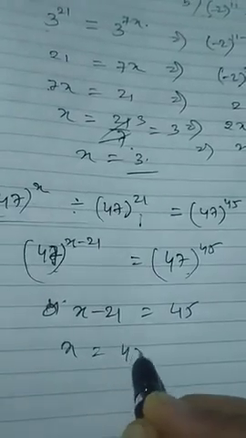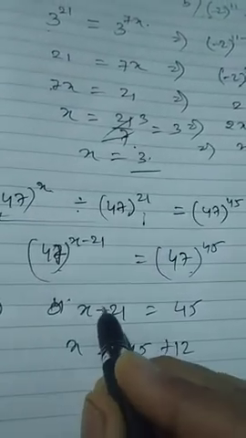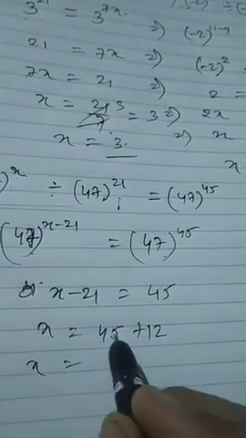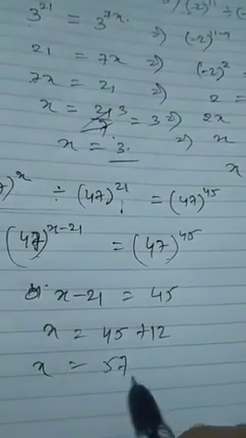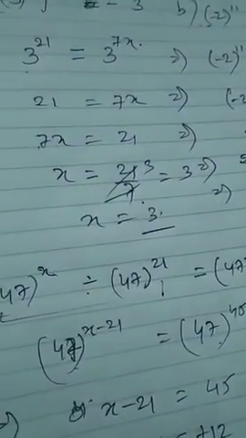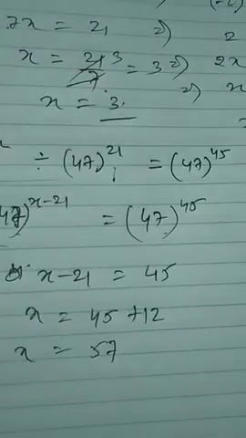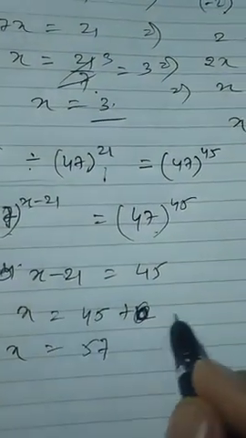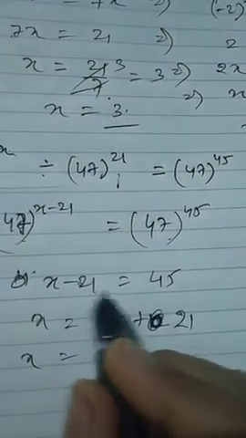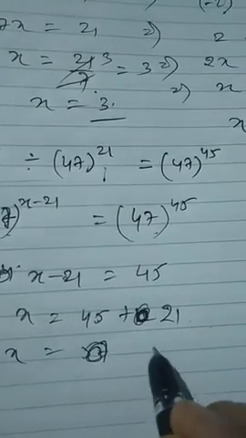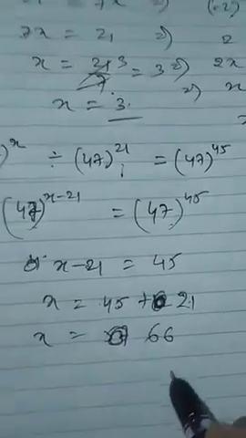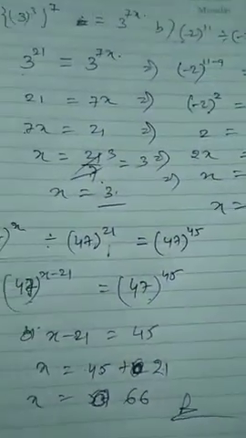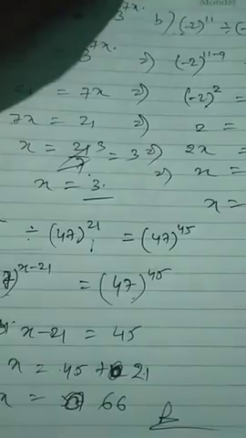You have to find out the value of x. So this minus 21 will shift to this side, then its sign will change. Minus will become plus. 5 plus 2, 7, and 5, 7. What x value have we got? No, here I have written 12 by mistake, it will be 21 plus 45. This is 21, no? Now 5 plus 1, 6. 4 plus 2, 6. x value will be 66. Got it?